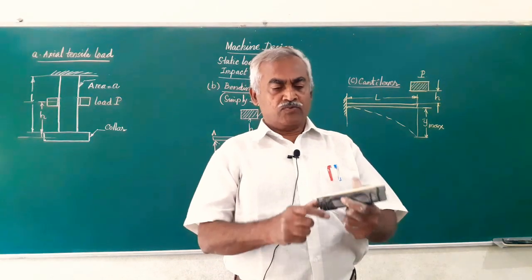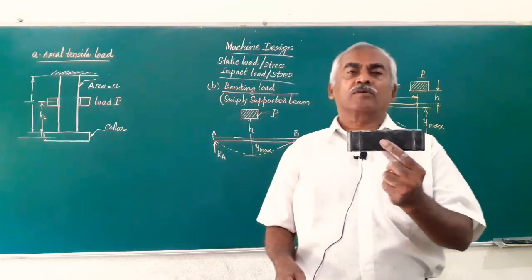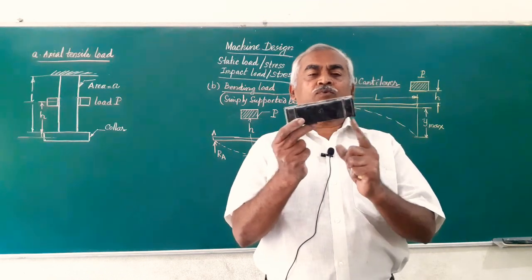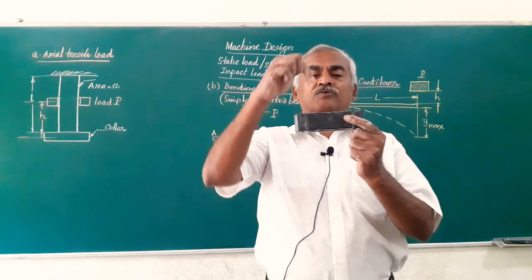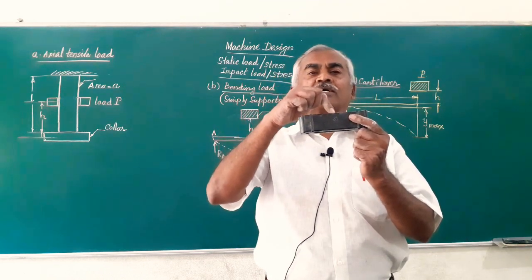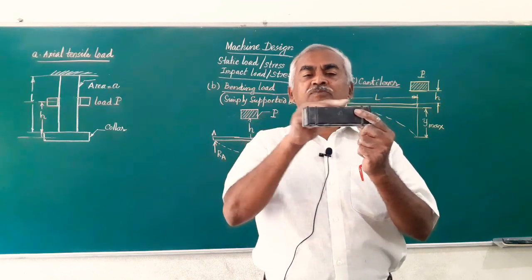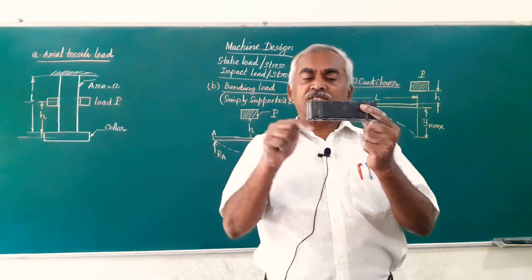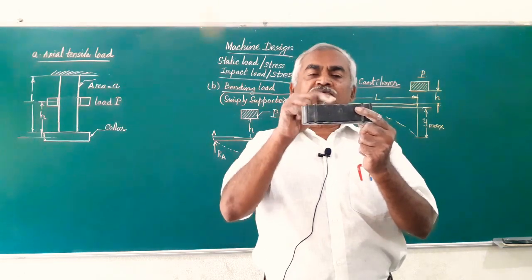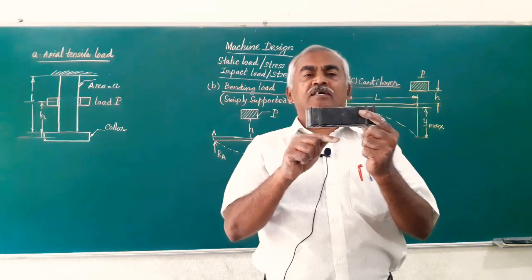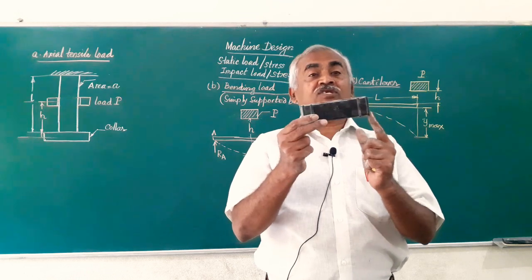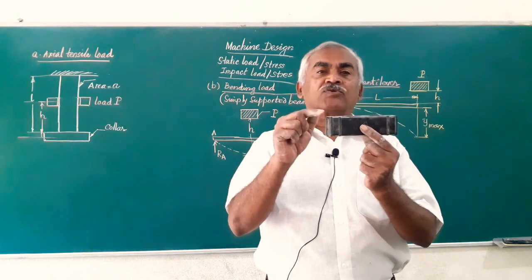Friends, first of all, let us know what is a static load and what is an impact load. Friends, suppose you have got a member. Suppose it is simply supported at both the ends. You put a load, just keep a load here. Because of these two supports, this member undergoes a small deflection at the center, and that is called the static load, and the stress due to that is the static stress.